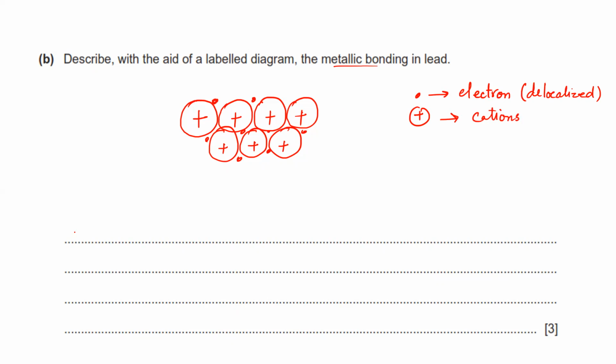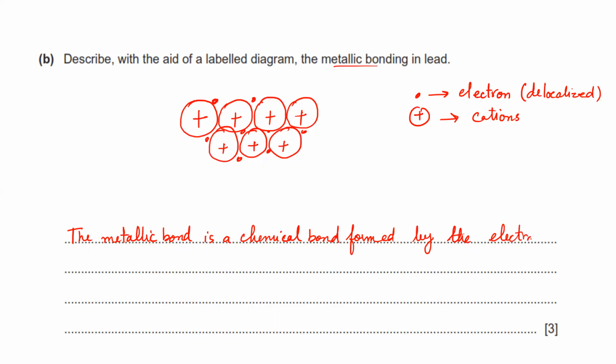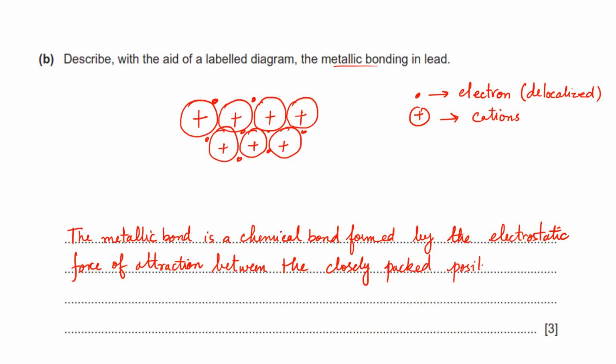So describe the metallic bonding. So remember the metallic bond is a chemical bond formed by the electrostatic force of attraction between the closely packed, positively charged atoms, and we call them cations,